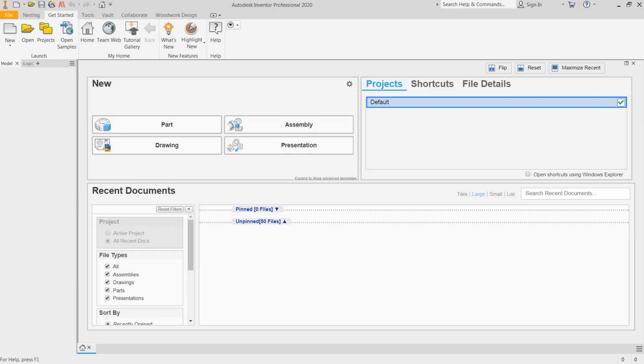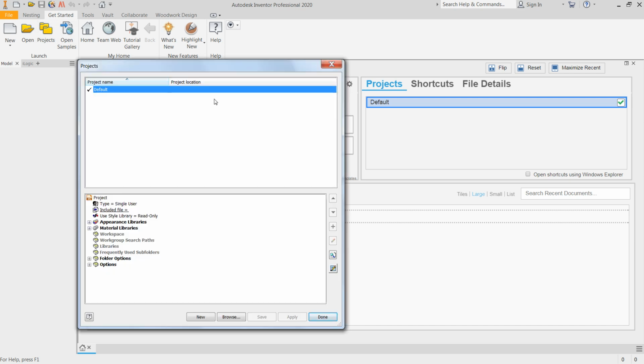After you've loaded all your software, Inventor first, Woodworking for Inventor second, the next step is to launch into Inventor. We launch into Inventor, and normally the first thing that we would like to do is to make sure your project file is set correctly. So we go to Projects, and you can see that I have no project files at all at this moment. So if you would go to Browse,